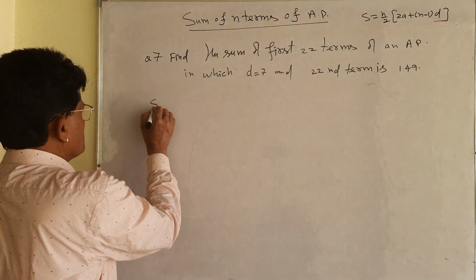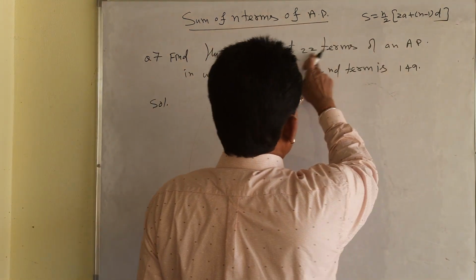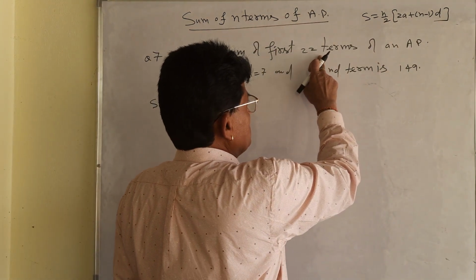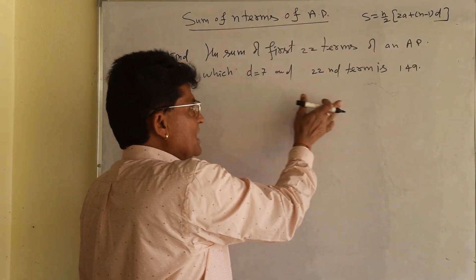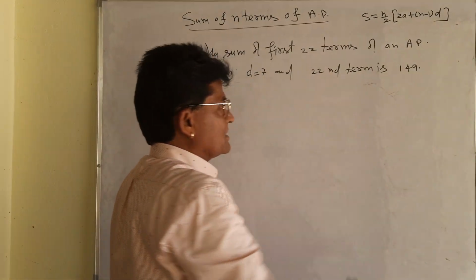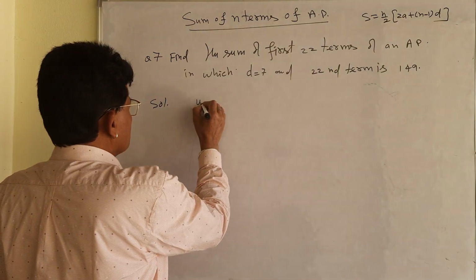Now let me take the question. Because the 22nd term is given, you will find out the sum of 22 terms of the AP. Because d we are having, what about a? Then a, how can you find out? Using